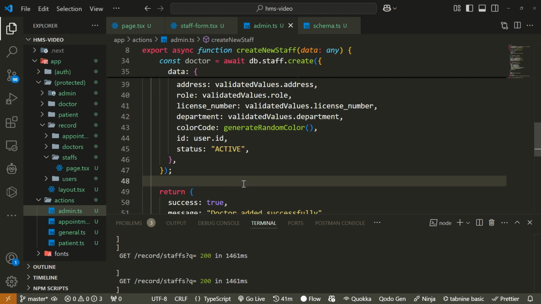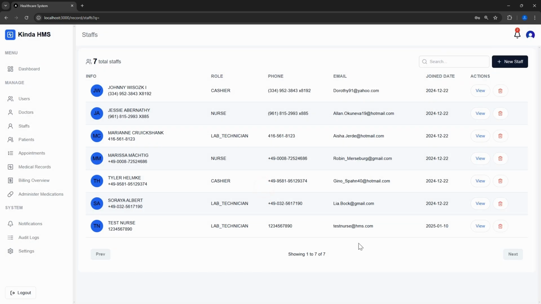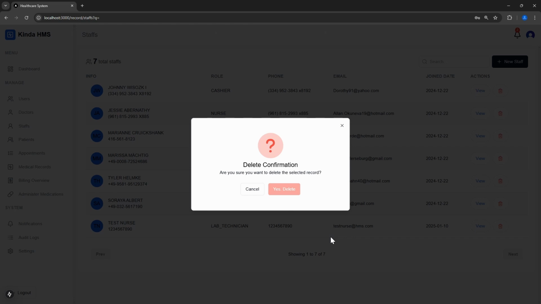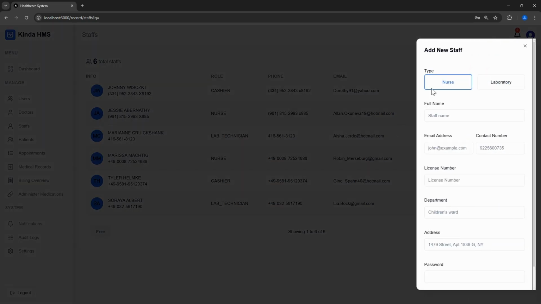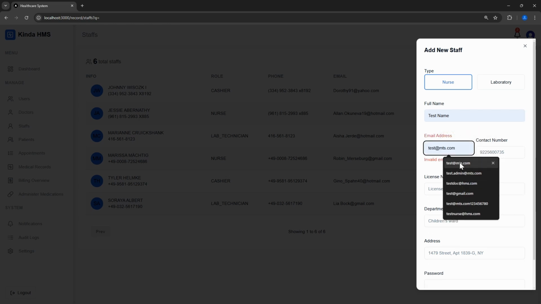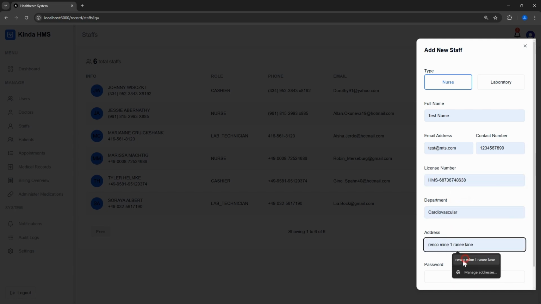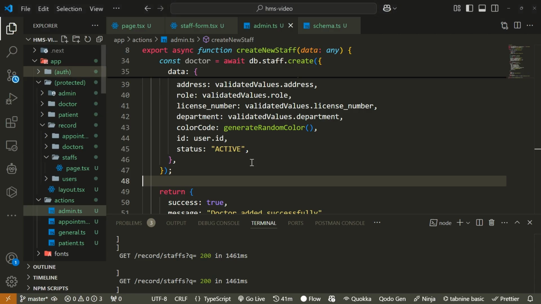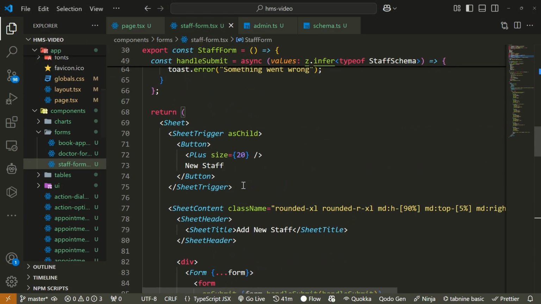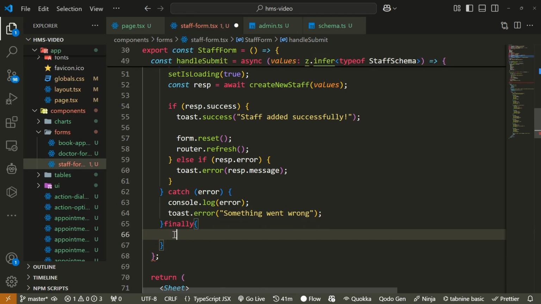Okay, so now let's see. Now we have the department also here, and all of the things here. So let's try to delete this and see if it goes through. Yeah, now it goes through successfully without any error because the user also exists. Okay, so test name, license number, department, address and password. You can see now we have an issue. So I can close this from here. An issue of, so I need to bring here finally, right? When everything is done, I need to set this to